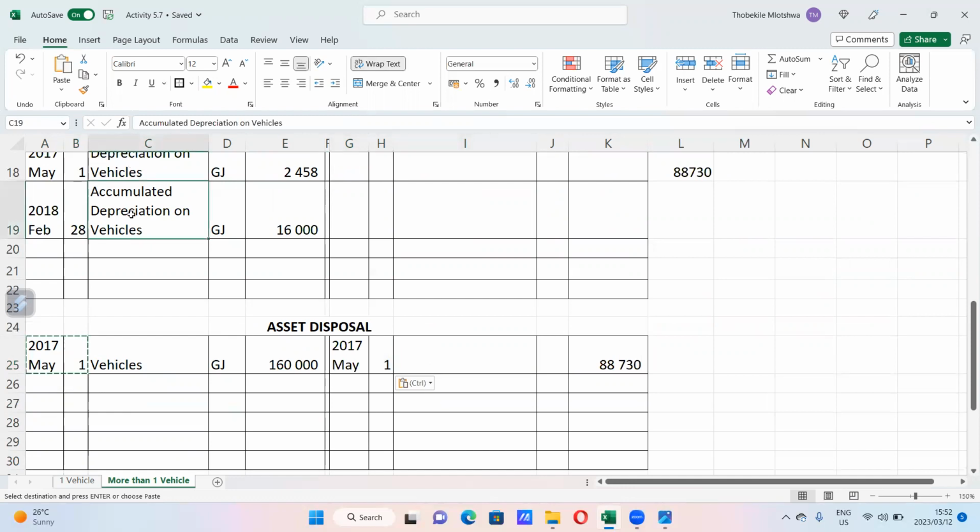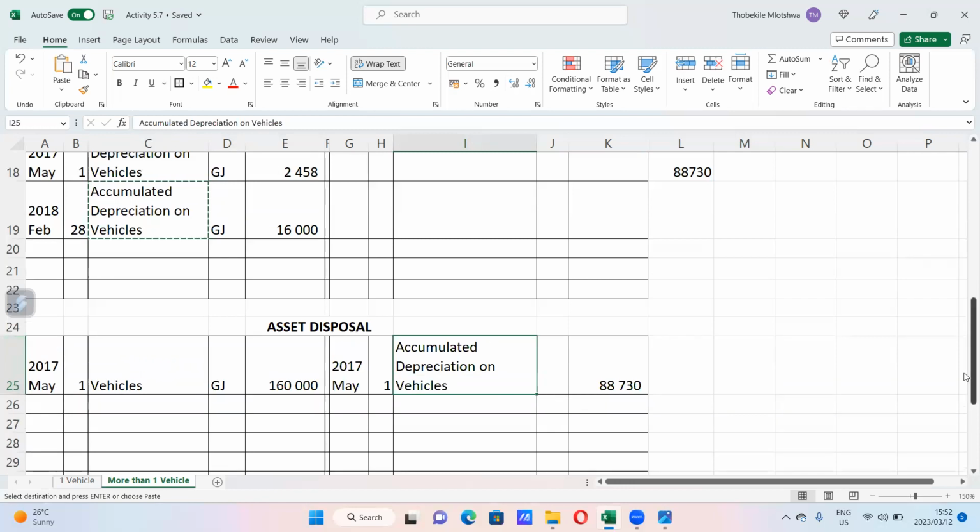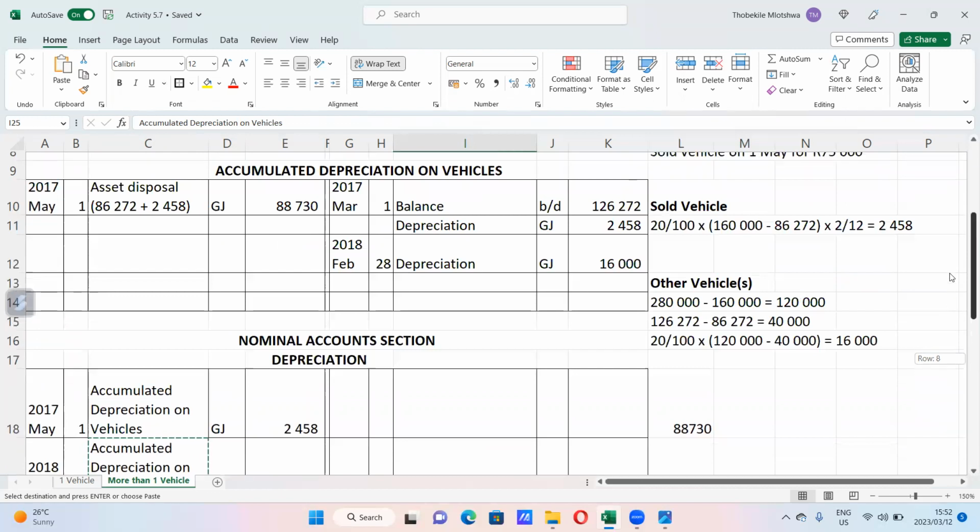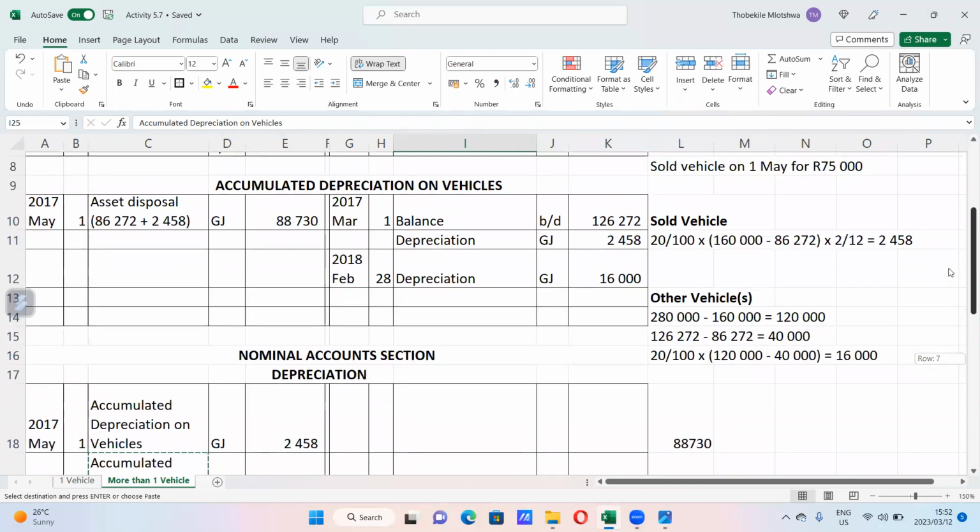accumulated depreciation on vehicles. So that's the hard part. We're done with the hard part, but it's not so hard if you keep practicing. We're done with this one. So we can actually,